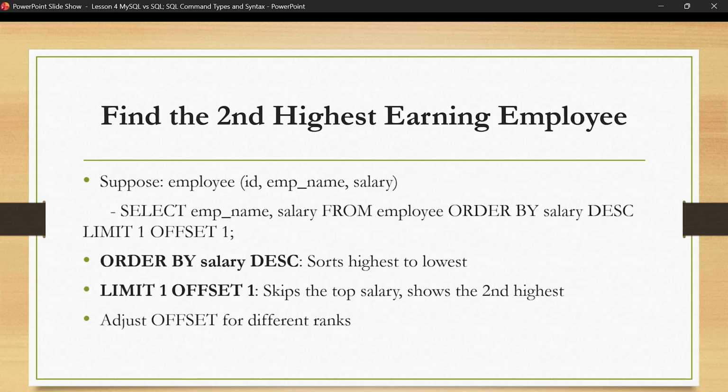I will show you one more thing. So let's consider we want to retrieve the third highest earning employee. Okay, so for that we use